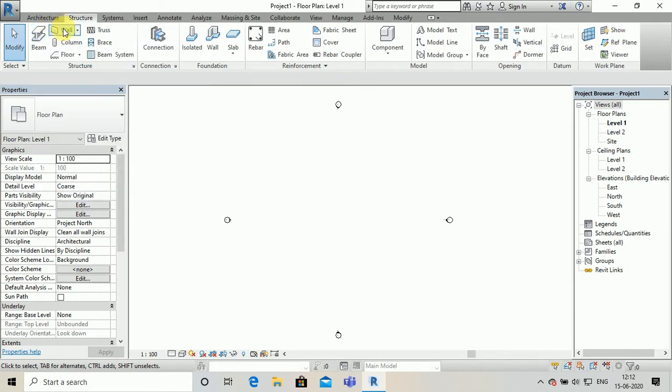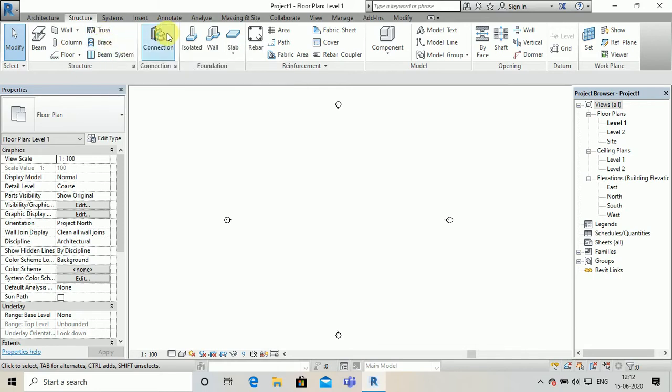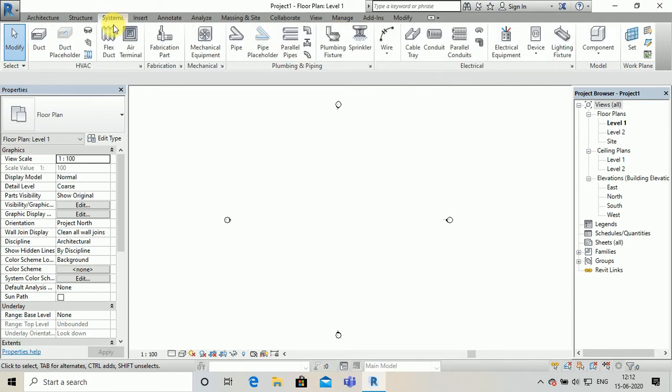Now if you want to have load bearing structures, you have truss, then reinforcement, footing for structuring your buildings. Then you go to systems, you see MEP works, that is mechanical, electrical and plumbing works, air terminals, ducts, piping, then plumbing, wires, cables, etc.